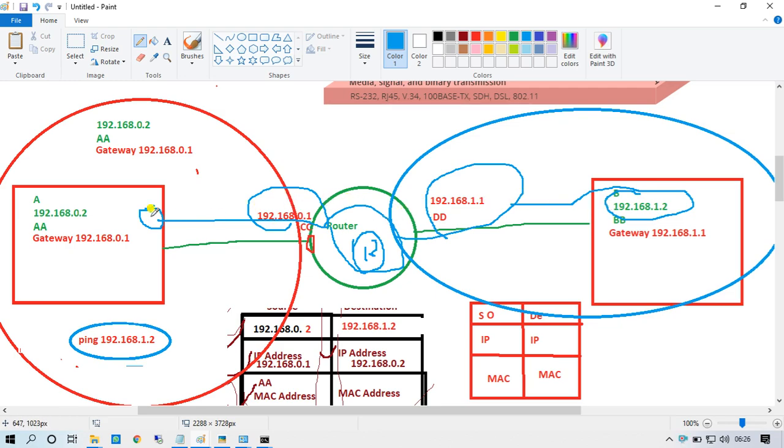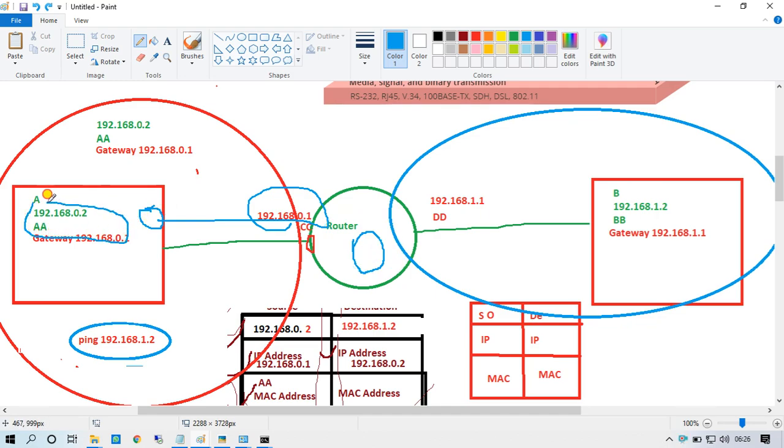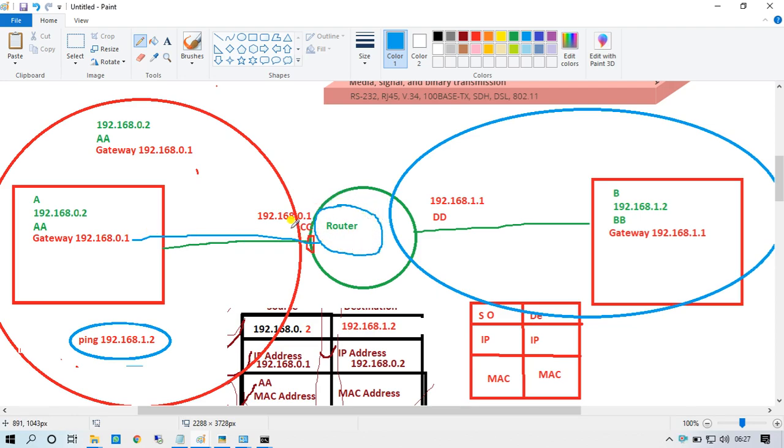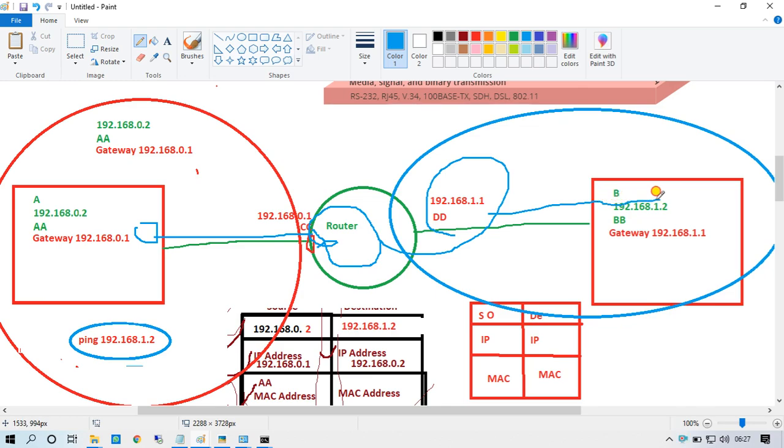Let me do one thing. First, the router generated an ARP request and sent it. The router sent an ARP reply to this one. PC A sent a request to this one, the router, using this information for this IP.